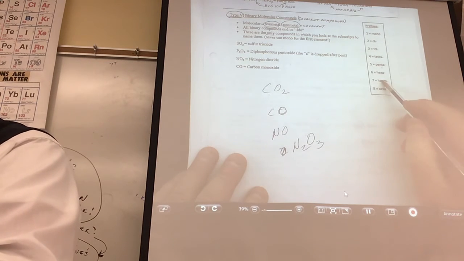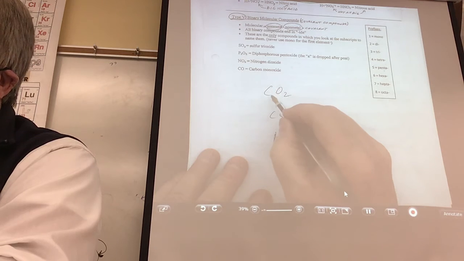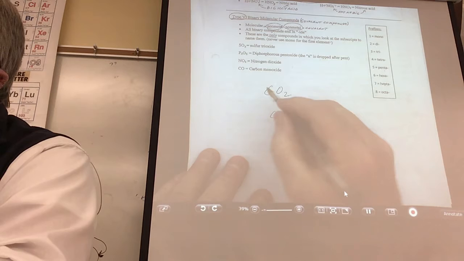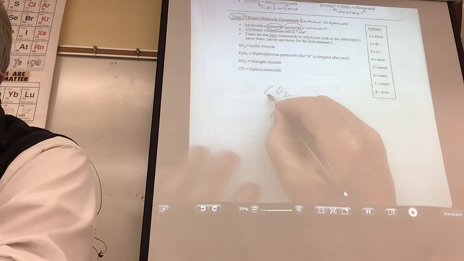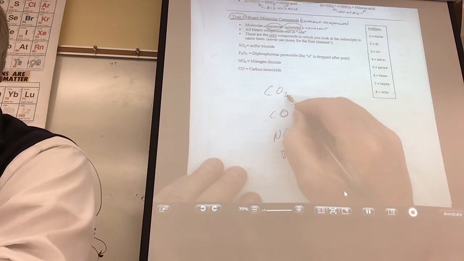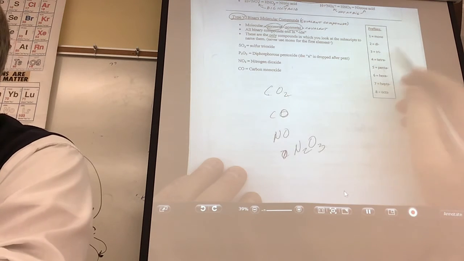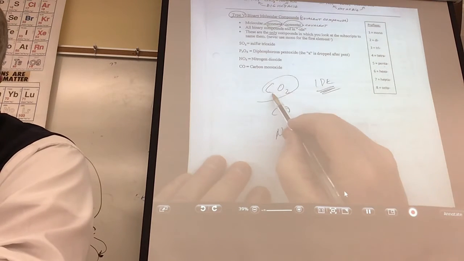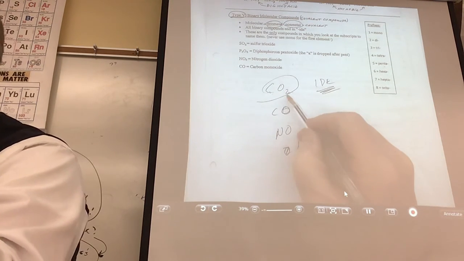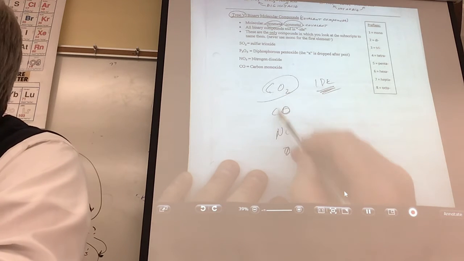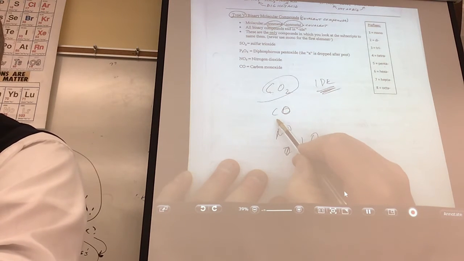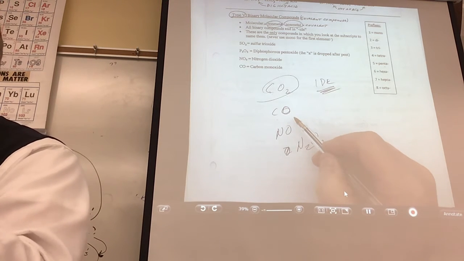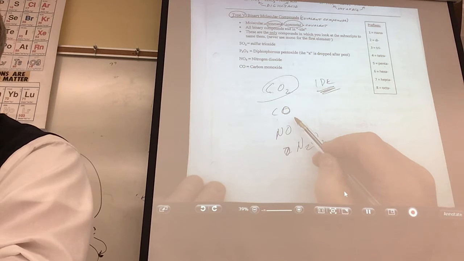And if I know these, and one more thing, I never use the word mono for the first element, but I would on the second. Let me show you how to do this. Ready? Carbon. Don't say mono for the first element. Carbon, how many oxygens do you see? 2. And since it's binary, you have to end in IDE. Here we go. Carbon dioxide. What's this one? Carbon, and we could say monoxide, but chemists said, hey, I'm a human. I don't want to say monoxide. What are they going to say? Carbon.